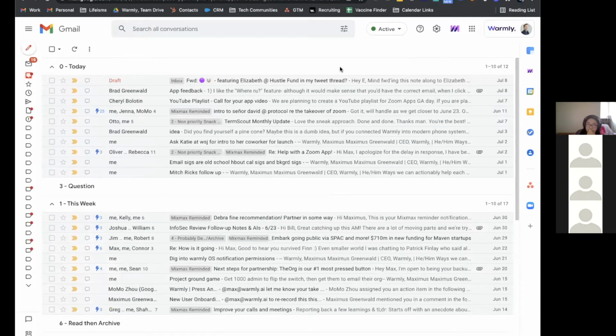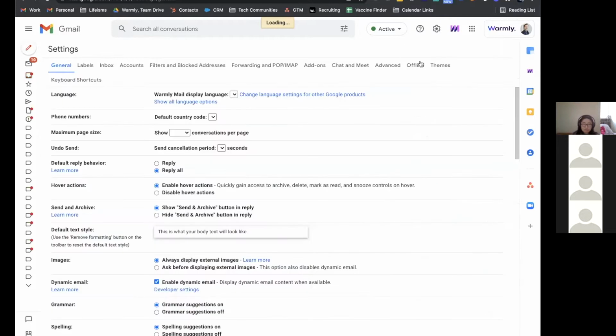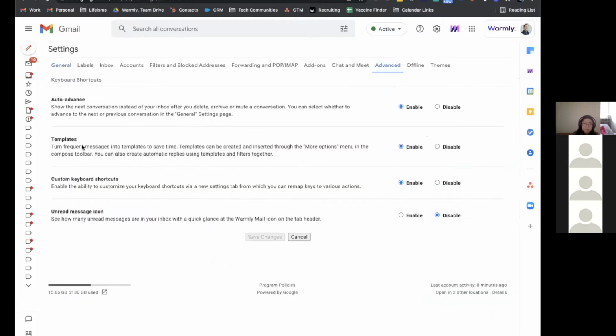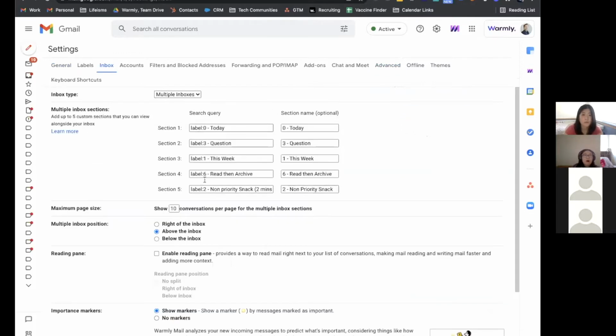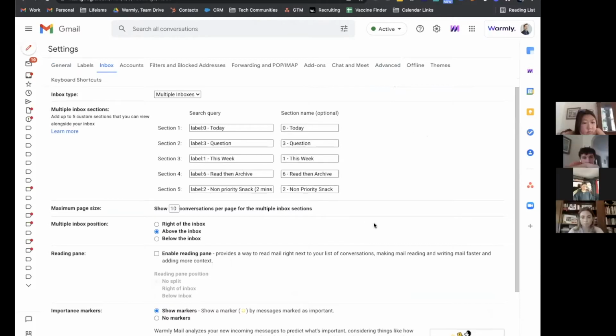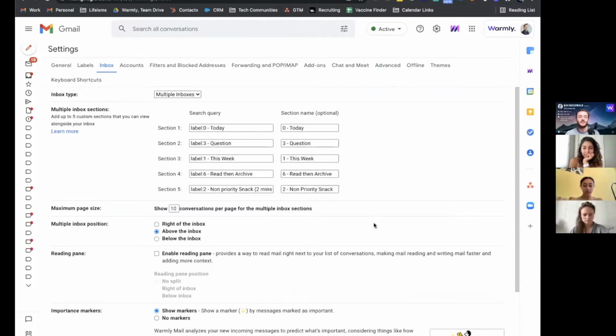These are emails that I will not go to bed until I've replied to. And so I think it's very useful to do that. And this is in your settings. You can go to advanced, or sorry, go to inbox and you can turn on multiple inboxes. Maybe I'll follow up with Dahlia to do more of a how-to guide later on to show you guys how to set up the system. But I'm more just showing the kind of ethos behind it.